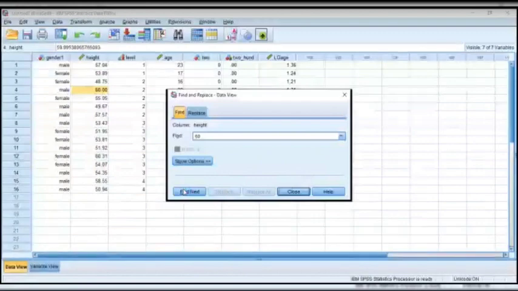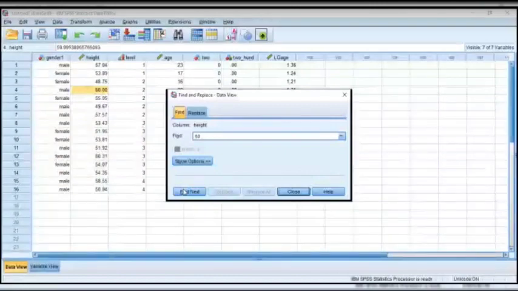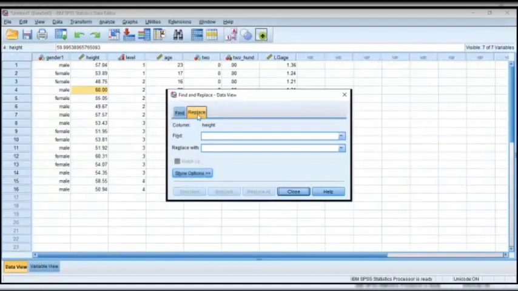Now, had it been that in all the cases of height 60 there was a mistake, and what I'm supposed to have there is height 65.5, instead of looking for them, scrolling up and down to replace all these things, I can easily come to find and replace, look for height 60, replace it with height 65.5, and of course replace.